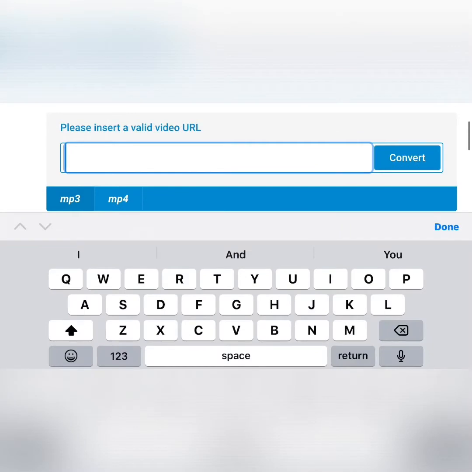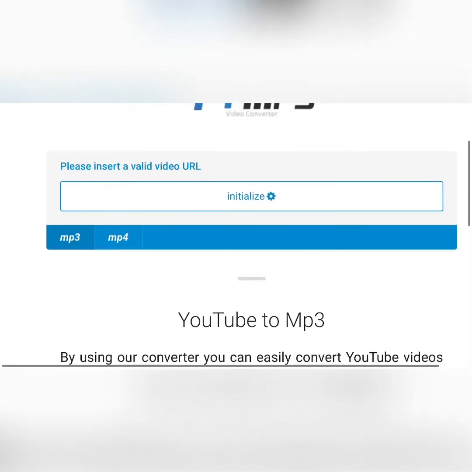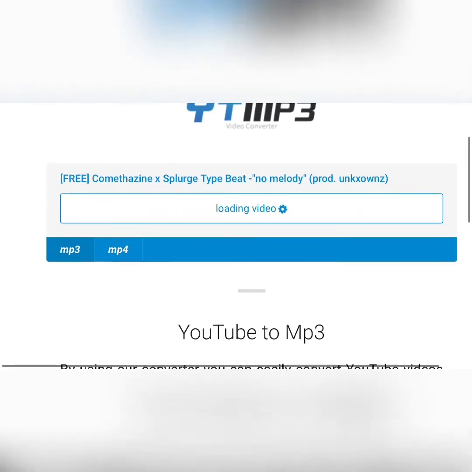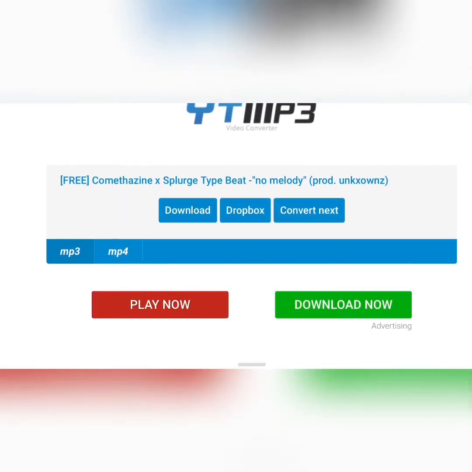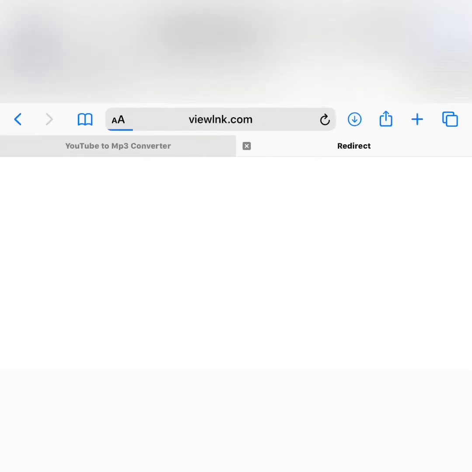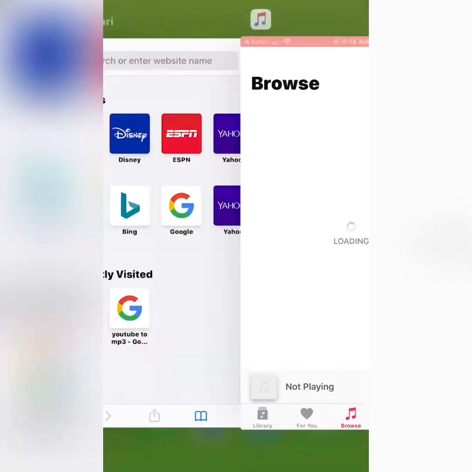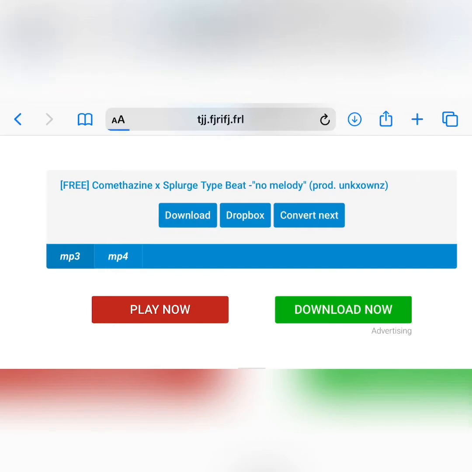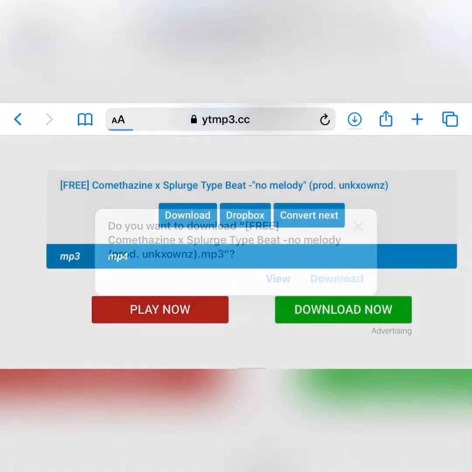Then insert the link into the little URL thing that you put the URL in. Just wait for it to convert and make sure you have MP3 on. You can also switch it to MP4. It will take you to pages or change the app screen, but you could just close that out. Go back to the Safari, click out that website, just click download again, and it should pop up. Just click download